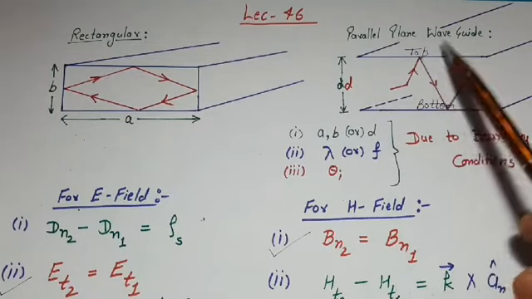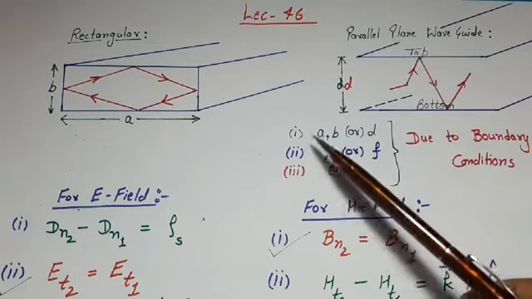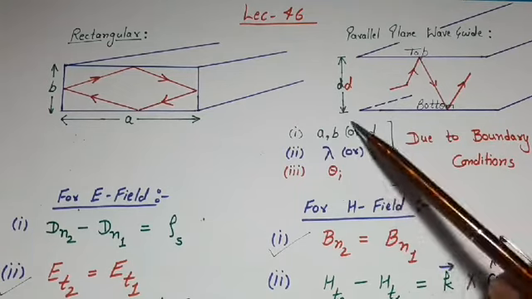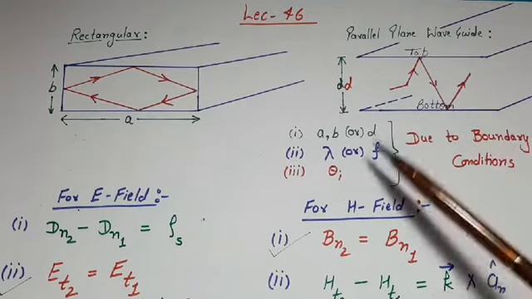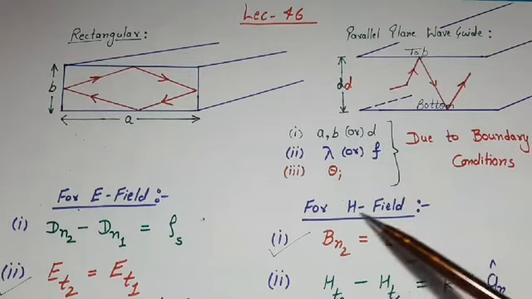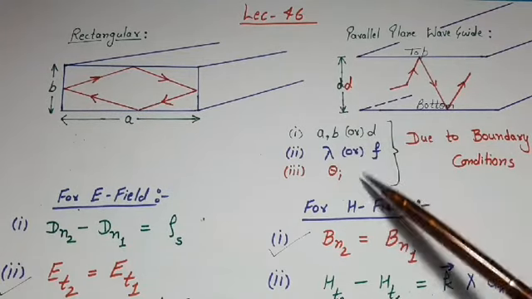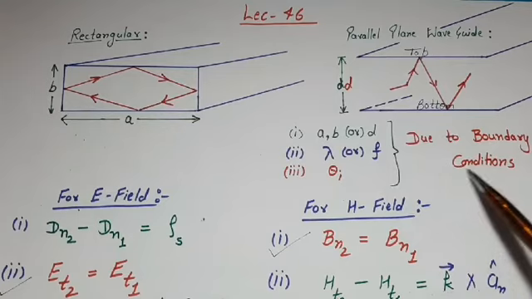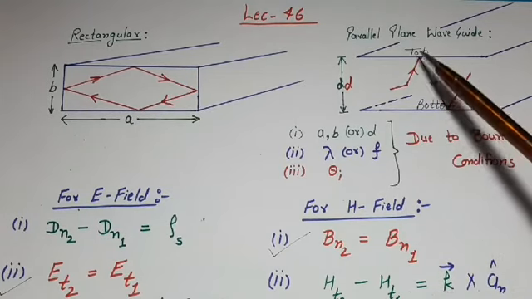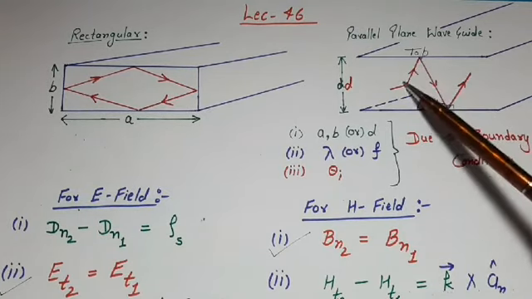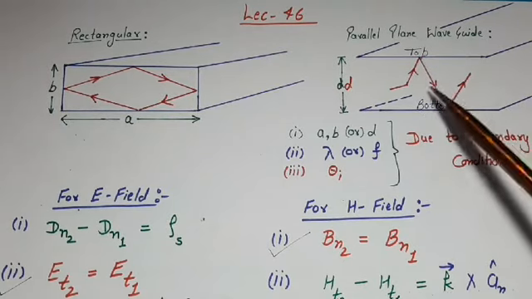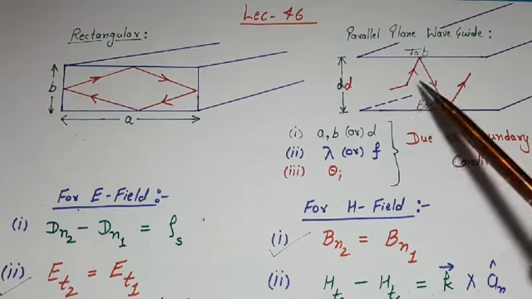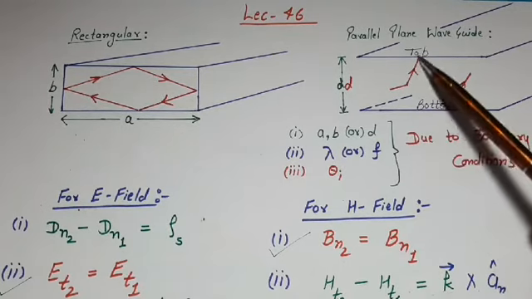As we know, there are basically three conditions. If those conditions are satisfied, only then the propagation through waveguide is possible. Now the question arises, why do these three conditions come into the picture? Its answer is the boundary condition. Because in case of waveguide, the electromagnetic wave encounters a boundary during the propagation through the waveguide. Therefore, the boundary condition must be satisfied. Only then the wave will propagate through the waveguide.